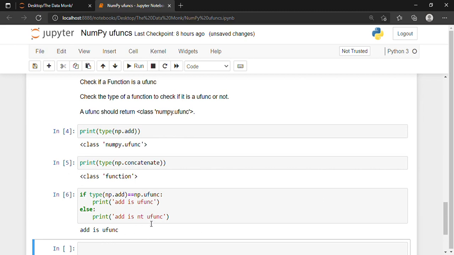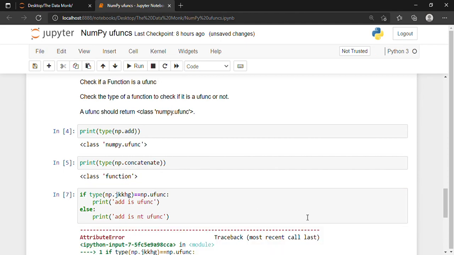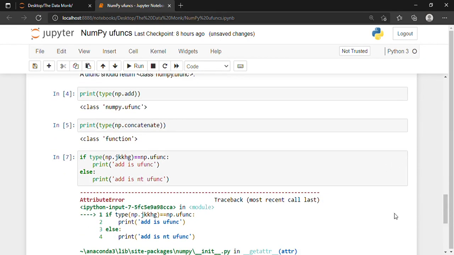Since we know that np.add is a universal function, these two match, and that is why it is printing that add is a universal function. If it were something else, for example any gibberish which is not a universal function, and I run it again, then it will create an error. So this is it about the universal function.